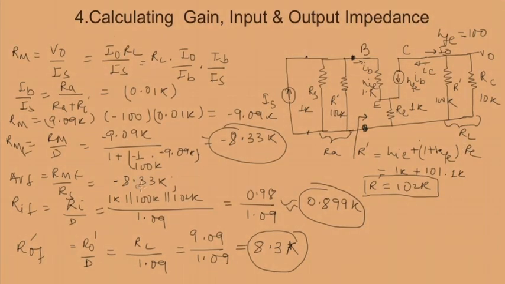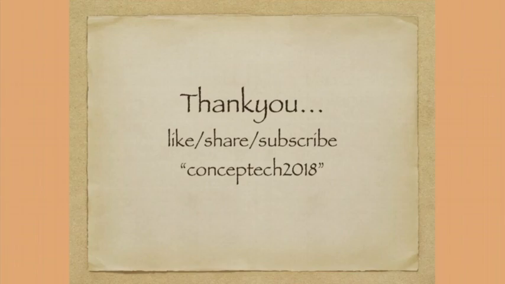One more point here, this AVF, which is the voltage gain, is RMF by RS, so it will not have any unit K. The value of AVF is just 8.33. Being the voltage gain, it should not have any unit. So the voltage gain is minus 8.33. The rest of the values I already discussed with you. I hope you have understood how the numerical problem is solved in voltage shunt topology.